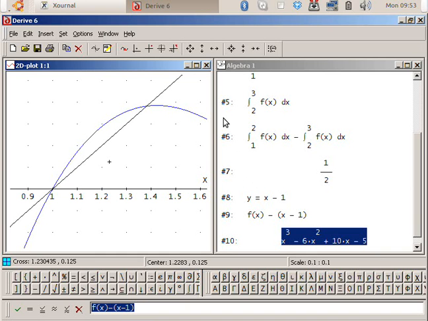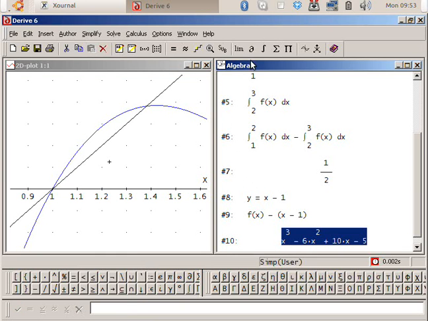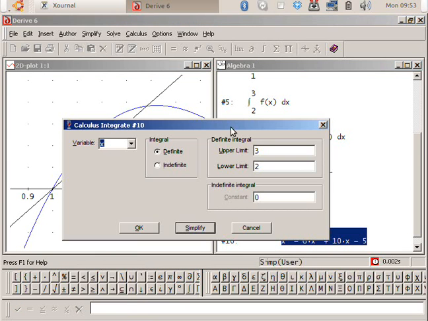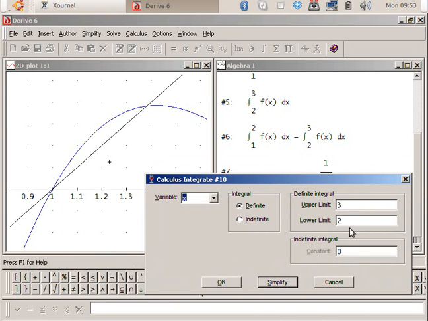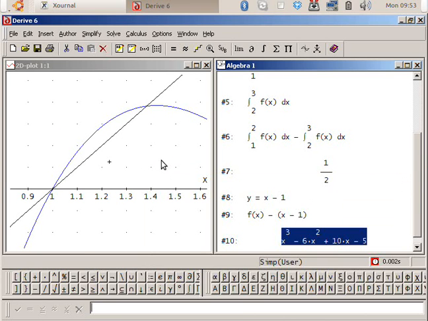And then, just like before, but there's a slight problem now. I do start at 1, but where do I stop? What's the upper limit? Well, you can kind of see it here. It's roughly about 1.4. But how could you find out exactly what it is? Yeah, you need to solve where the cubic and the line